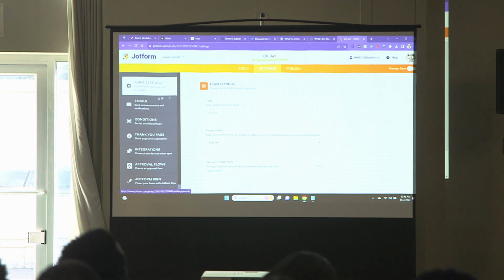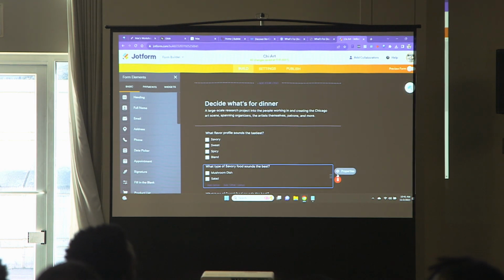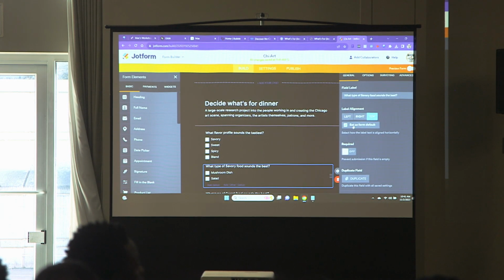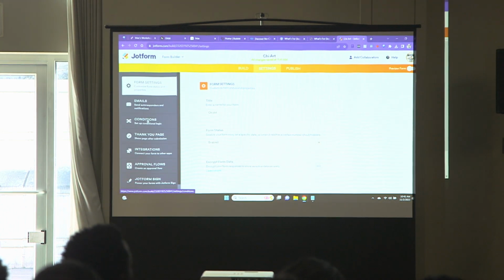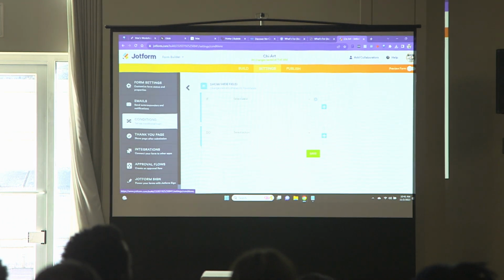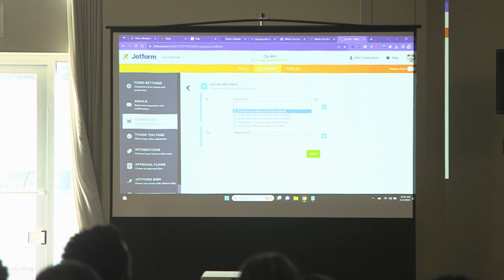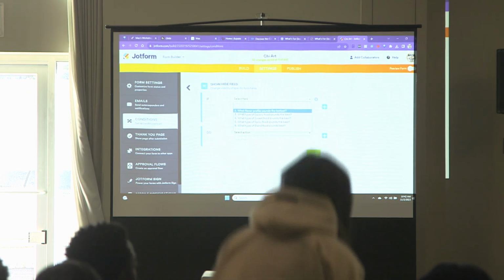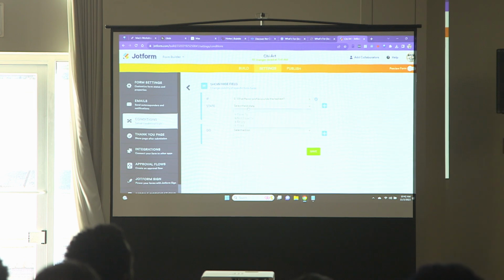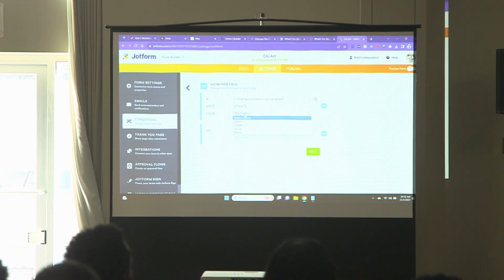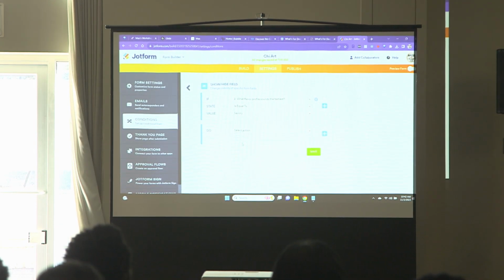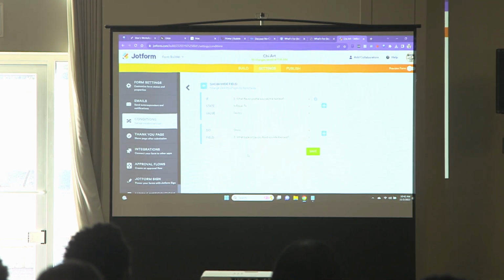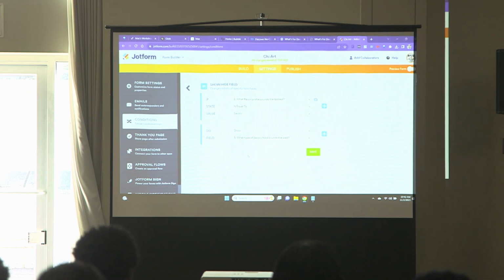And so I am going to, first of all, let's see if I can hide these. I think I can hide these questions by default. Options, surveying, questions, whatever. Conditions, set up conditional logic. This is going to be the important part. So if decide what's for dinner, what sounds the tastiest, is equal to savory. If they answer savory to the first question, we're going to show what type of savory food sounds the best, right? We're going to show them the next question in the line. They answered savory, so we're going to show them a bunch of savory options, right?